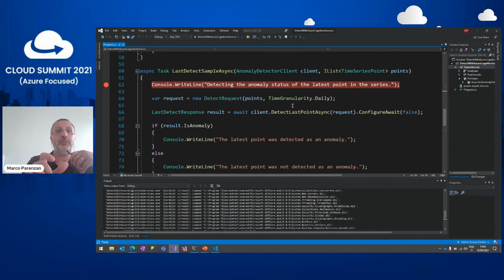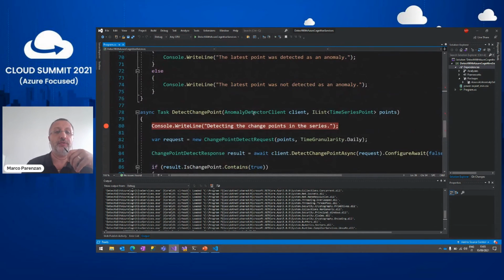outlier in the series, because you can think: I have a batch for the whole day, give me all the outliers. Or I have packages for 15 minutes, half an hour, and you send each half hour, so you need the last one, and you send all your invocations incrementally. And this is the threshold. Or you can also have the change point, to understand where there is a change in your line trend, so you can understand there is a change.